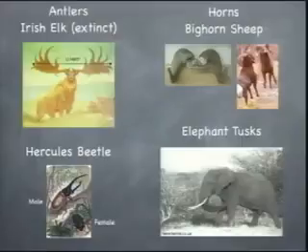Well, the explanation is that these characteristics evolved to allow males to have more mates, right? And there are two different possible explanations, two different forms of this. So let me just show you some examples of sexual dimorphism. Here's the Hercules beetle. This is a male Hercules beetle, these big giant guys with big asymmetric horns. Here's a female, a little beetle. We're all probably familiar with elephants. The males have large tusks, the females have small tusks. Here's an extinct Irish elk that had these outrageously long antlers. And then you're probably familiar with cases like bighorn sheep, where the males and females differ in the size of their horns. These are just examples of some secondary characteristics that males will have that females won't have.